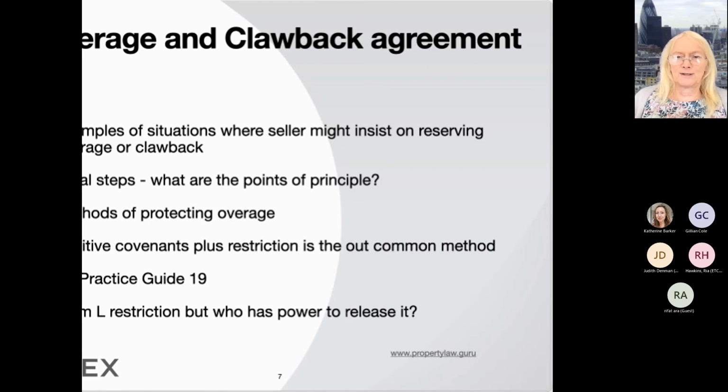And people will just sort of shout and argue and say, well, we're not doing this. And you have to say, look, this has to be a practical solution. And the practical solution is normally that the seller agrees that the bank's charge has priority, the builder's charge has priority, and that on basis that when they repossess and sell, if they repossess and sell, which they might never do, then they will only sell it to someone who agrees to pay the seller the overage on the same trigger events when it's finally disposed.